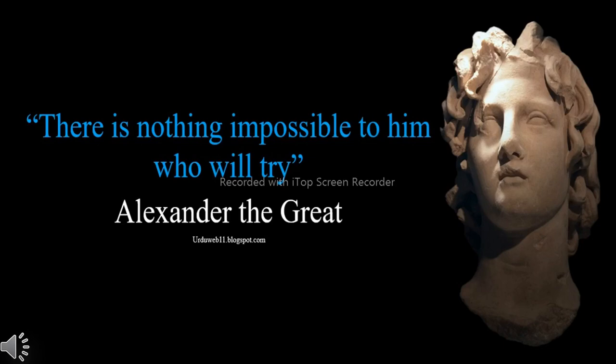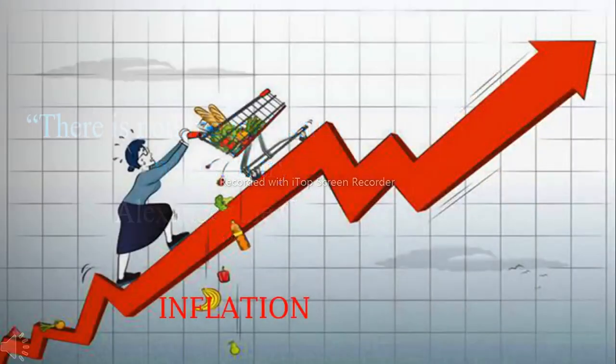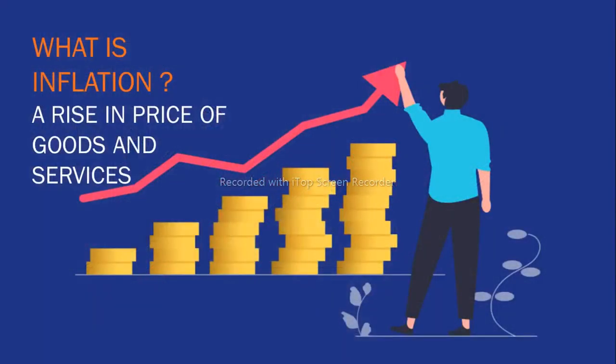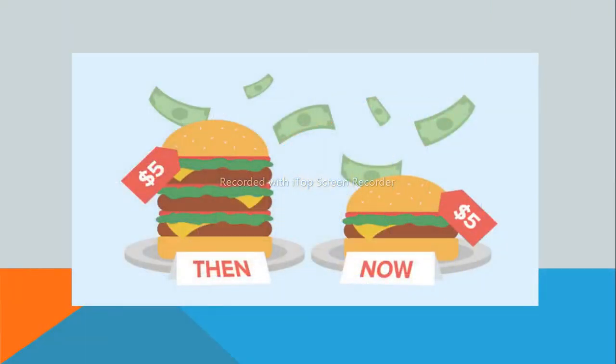Today we will discuss the most interesting and important topic in economics, which is inflation. Recently, we have all been impacted by the price rise of tomatoes in India. This kind of rise in price of goods and services is also one kind of inflation. For example, a large burger cost $5, but after inflation, for $5 we get only a small burger with which we cannot even fill our corner stomach. This shows that during inflation, the value of money decreases.